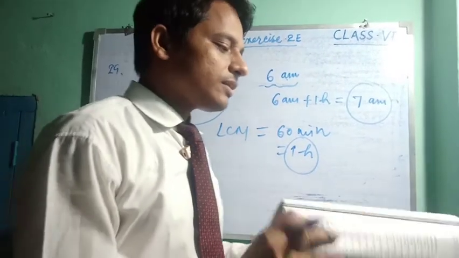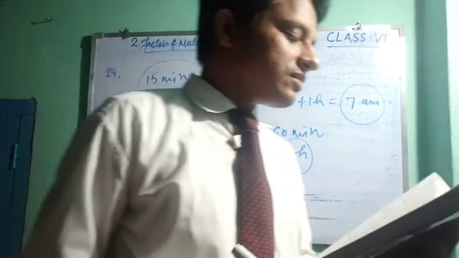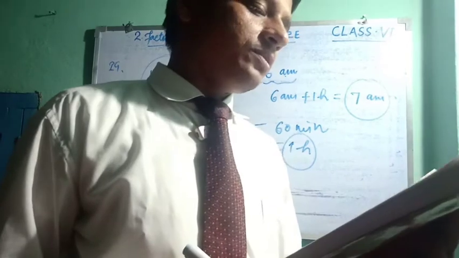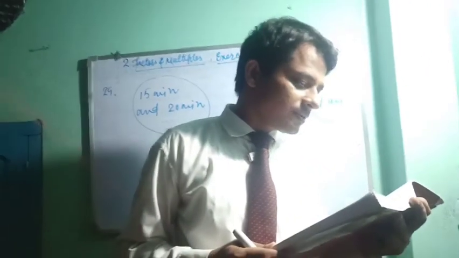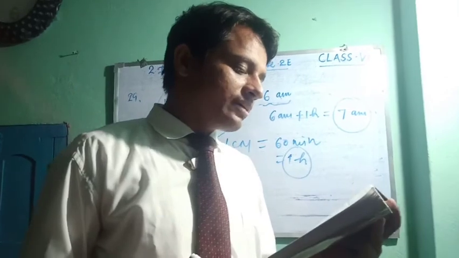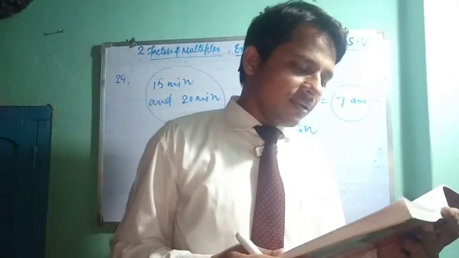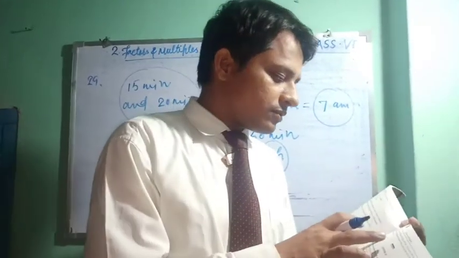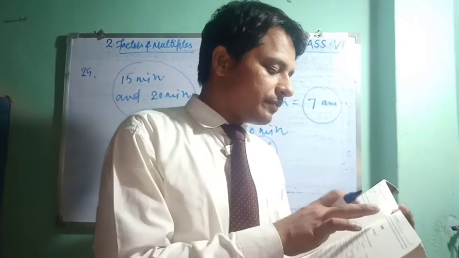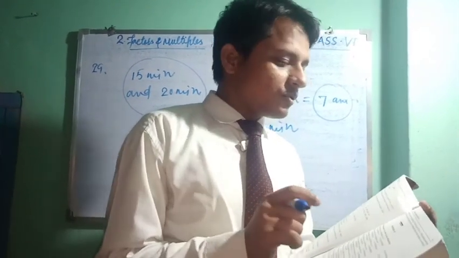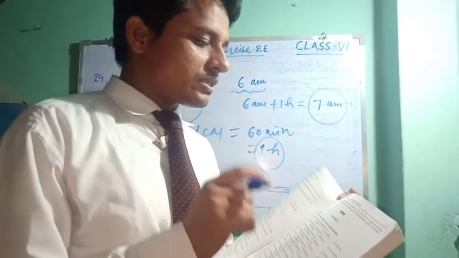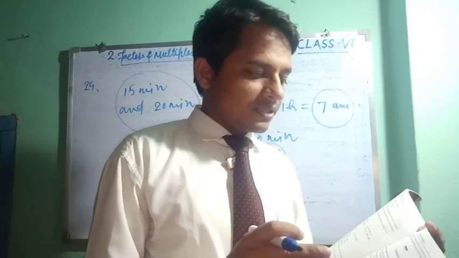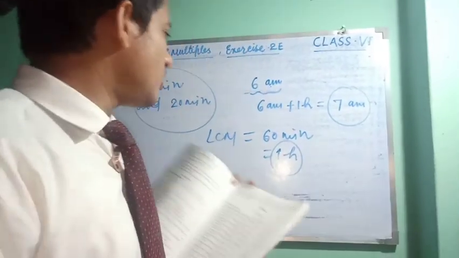Now the last question, question number 13. The circumferences of the four wheels are 15 centimeter, 16 centimeter, 75 centimeter, and 100 centimeter. They start moving simultaneously. What least distance should they cover so that each wheel makes a complete number of revolutions? In this question, we first find the LCM, because we want the least distance. Find the LCM of 15, 16, 75 and 100 centimeter, then convert the LCM into meters. This will give the answer. I hope you can do it.